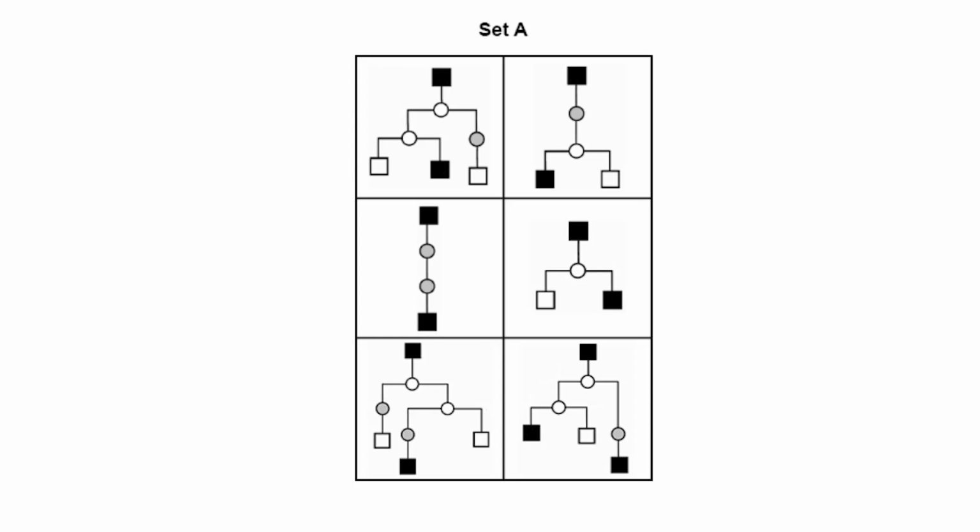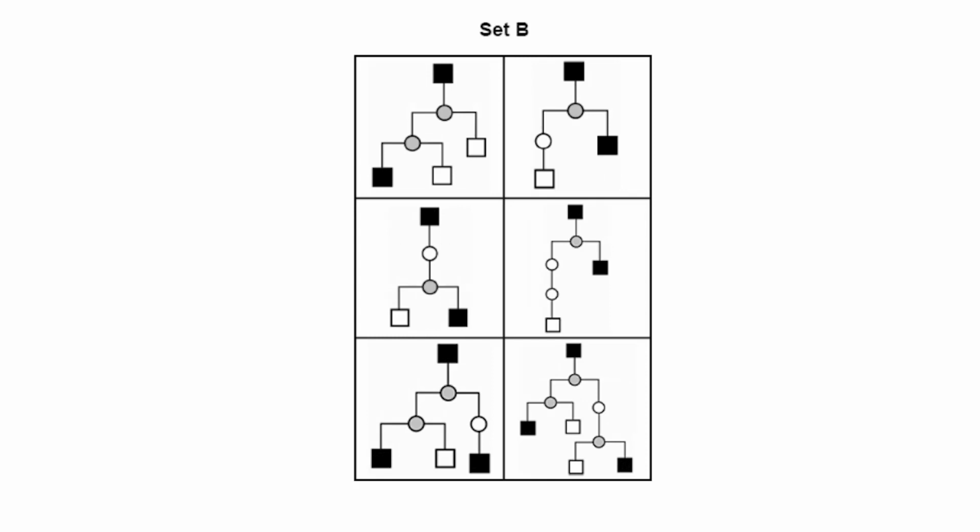So then you just need to work out the rule for the white circle. And once we've sort of worked out the rule for the grey circle, it's a lot easier to see that the white circle connects to 2 squares with 2 lines. And in set B, if we remember that there's usually a twist on the rule between the 2 sets, we can see that the grey circle here actually connects to 2 shapes with 2 lines instead of 1 line like with set A, and the white circle connects to another shape with 1 line rather than 2 lines like in set A. So the rules are literally reversed for set B,